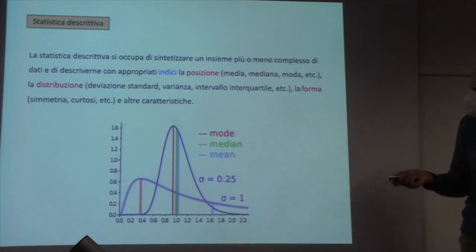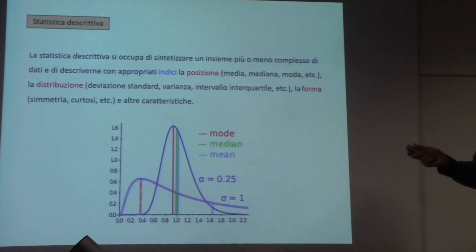E poi c'è la deviazione standard, eccola qua, la vediamo meglio probabilmente. Notate questo: quando la distribuzione è più o meno simil-gaussiana, questa non è proprio una gaussiana ma ci somiglia, è comunque una bella distribuzione simmetrica, moda, mediana e media tendono a essere molto vicine l'una all'altra. Non così quando la distribuzione è molto asimmetrica. Vedete,